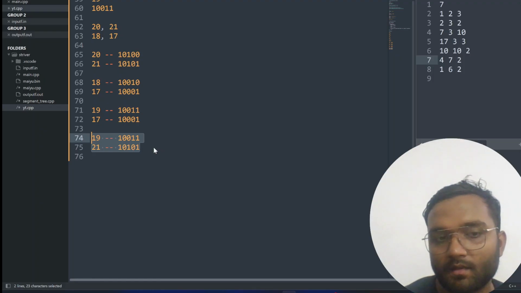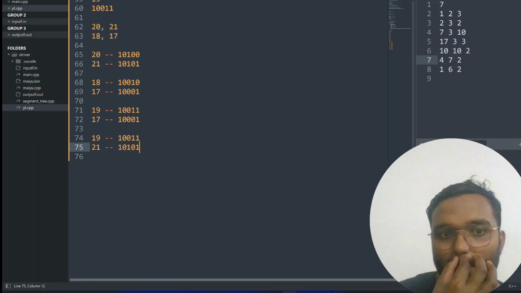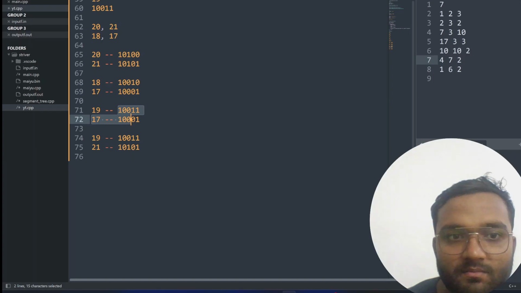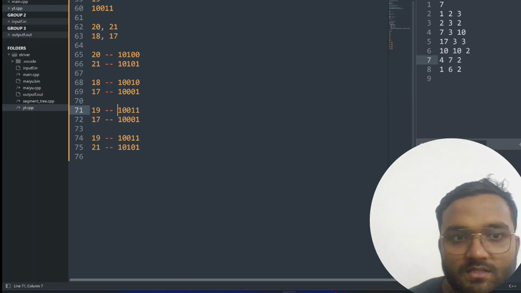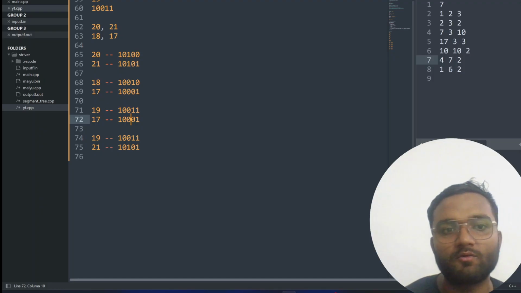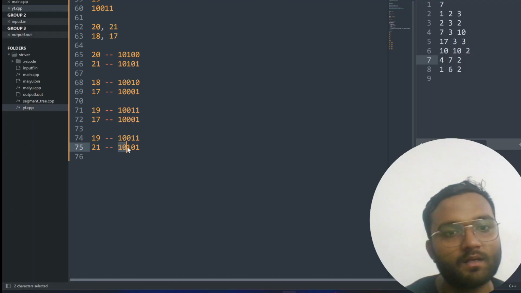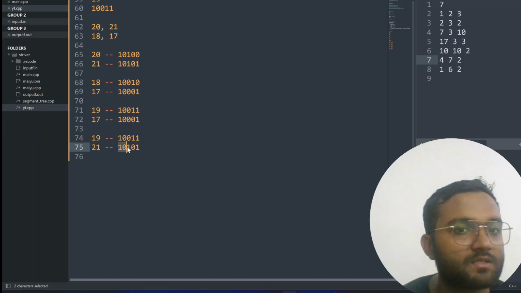Okay, and I can see a little bit of similarity in these two numbers. The first three digits are the same here. In 19 and 21, I can see the first two digits are the same. Okay,